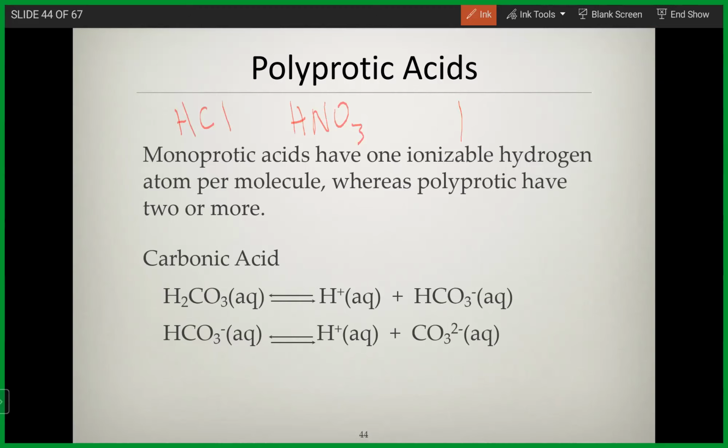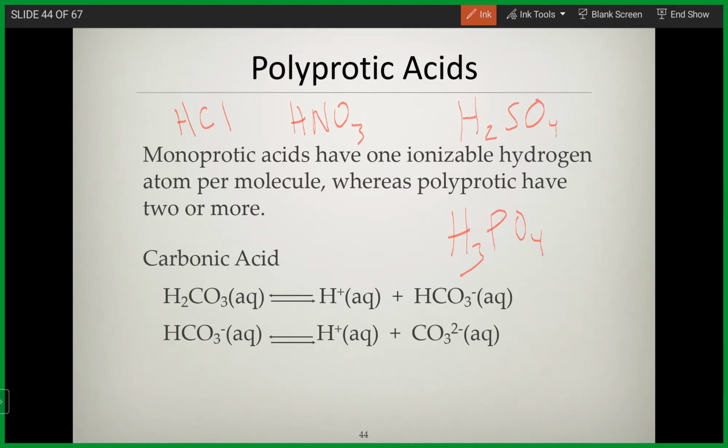But if we think about something like H2SO4, now it's got 2 of those hydrogens there for every molecule. So we're going to get 2 of those protons when this substance dissociates completely. And then phosphoric acid isn't a strong acid, but it does have 3 ionizable hydrogens there. So we could get 3 of those H pluses. And the last 2 examples there, the sulfuric and the phosphoric, are going to be examples of these polyprotic acids. And similar to what we're looking at on the bottom with